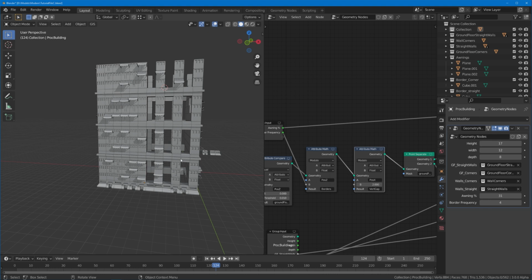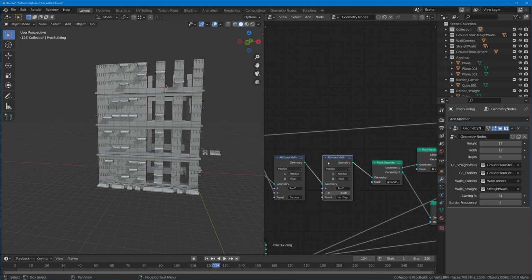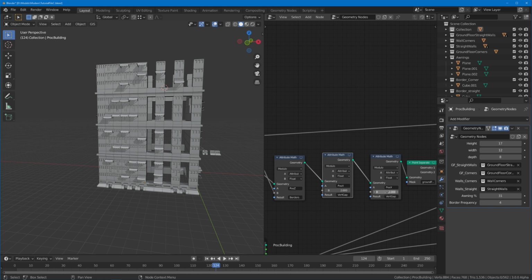Modulo only works with positive numbers. So around here should be 0, and we're counting up to the right, and everything left of 0 is going to be -1 to minus whatever. So we have to, I don't know, round them to be positive in a sense. I don't know if that's the right word here. It's done quite easily. I will just take this attribute math here, and I'll try, before I start to modulo